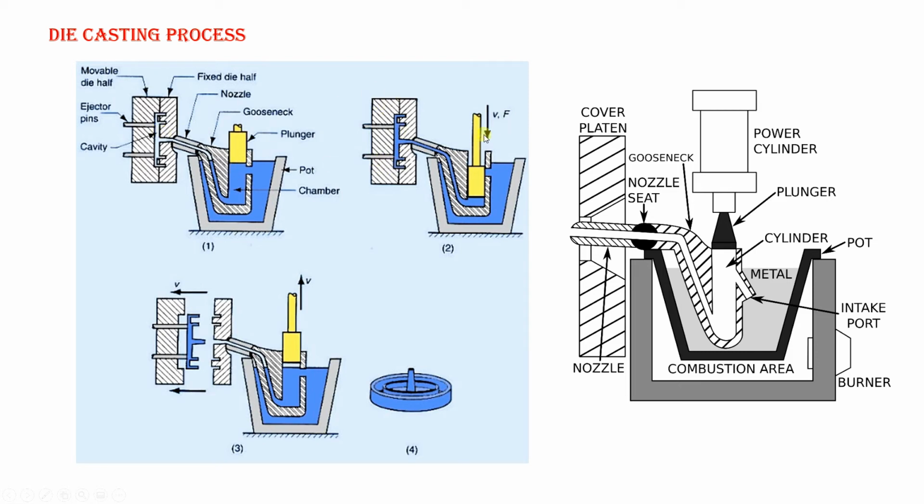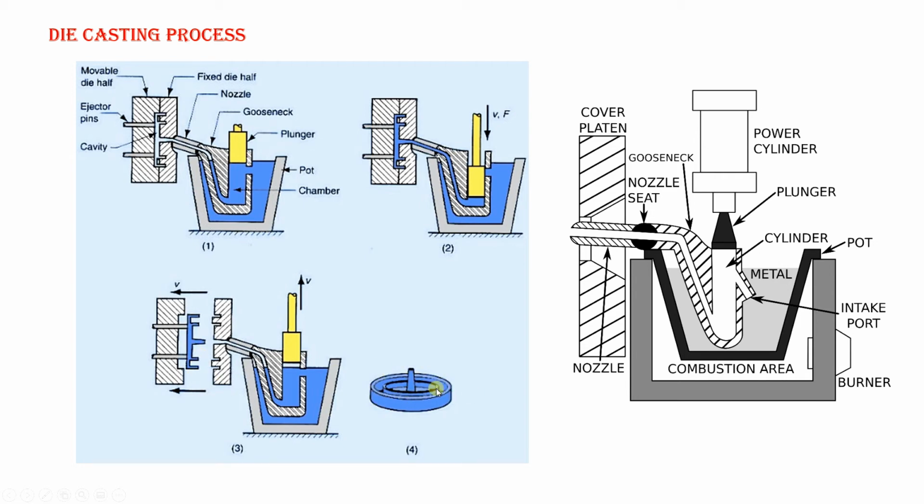Second, once all the setup is over, we apply pressure, so the liquid molten metal which occupied here is going to fill this mold. That's fine. So when the workpiece is solidified, we are going to move the moving half. This is the moving half that is moved here. You can see some velocity is applied, so it is moved, and the ejector pin will push the workpiece to throw it away. You can see there is some push and it can easily push it.